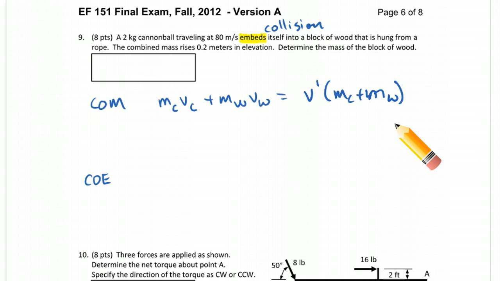Alright, so we know the mass of the cannonball, we know the velocities before, we don't know the velocity afterwards. Okay, but we do know the fact that it rises 0.2 meters in elevation. So let's come back to our conservation of momentum, because right now we have two unknowns, the mass of the wood and the velocity. So